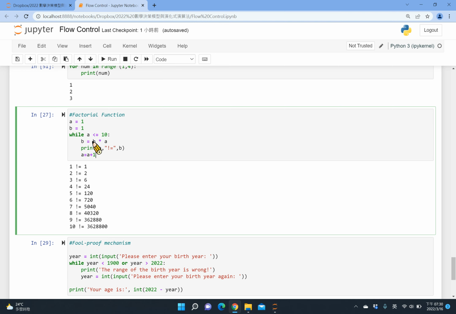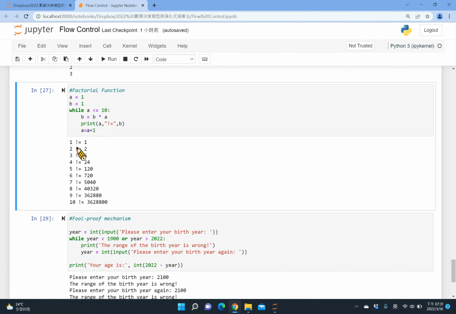So b becomes b times a. So in the first round, a equals 1, b equals 1. So the first time b equals 1. Then we print a factorial equals b. Then a is updated by adding 1. So first time a equals 1, b also equals 1. Second time a equals 2, b becomes